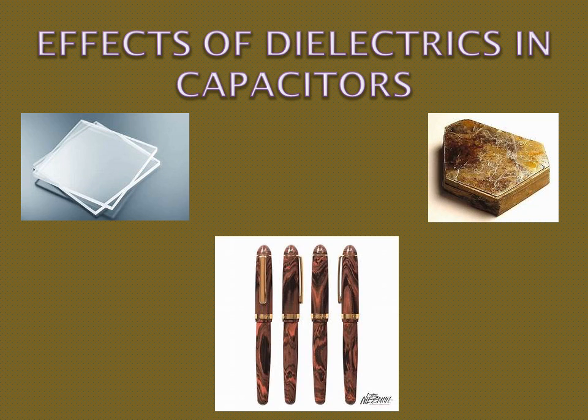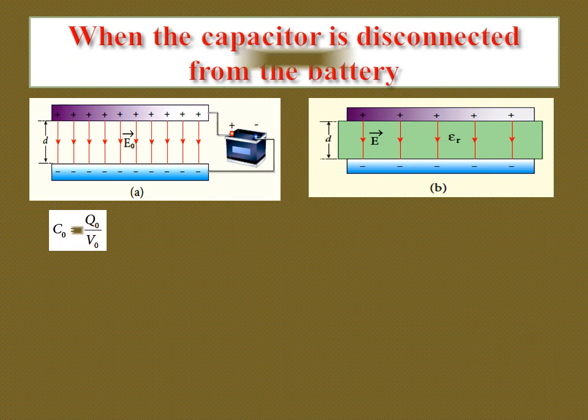When the capacitor is disconnected from the battery, what happens? When the capacitor is connected to the battery, what happens? So we will see the first. When the capacitor is disconnected from the battery. Okay. So see from the diagram you can see